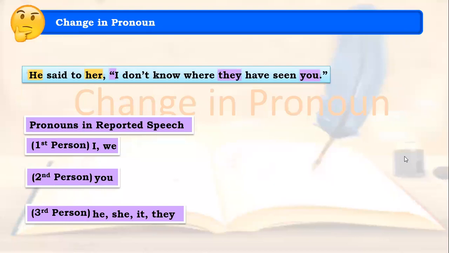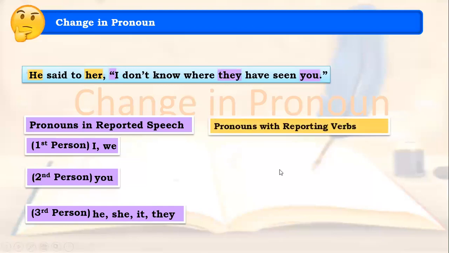Once again, even if they have written pronouns, we are supposed to consider them as subject and the object, or speaker and the listener. Now, how are they helpful to us? When we change the sentence from direct speech to indirect,